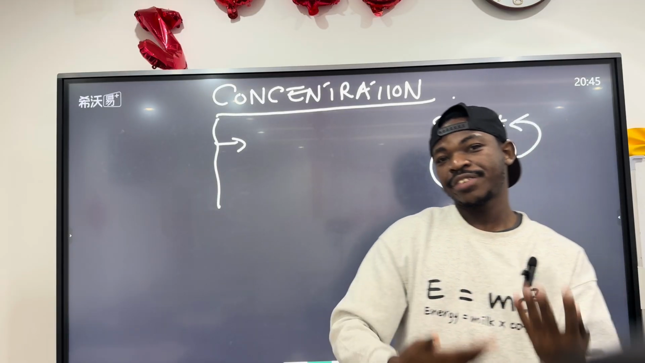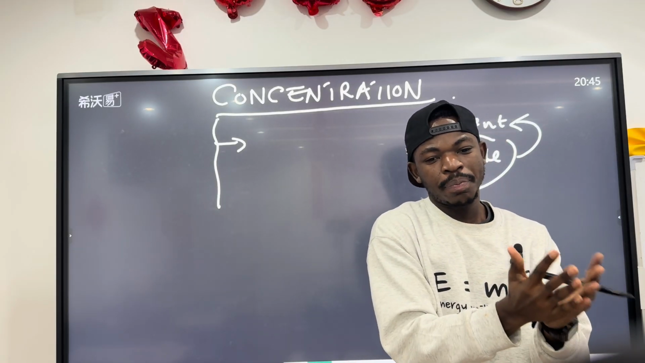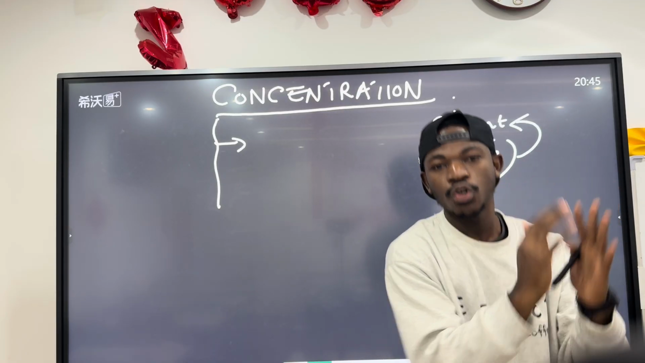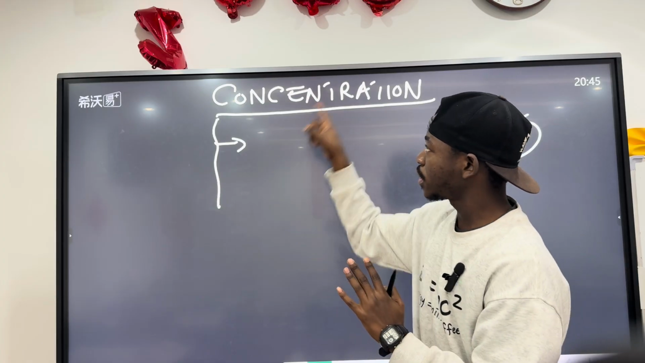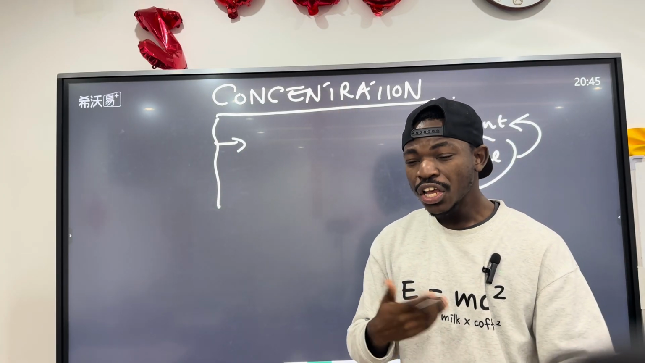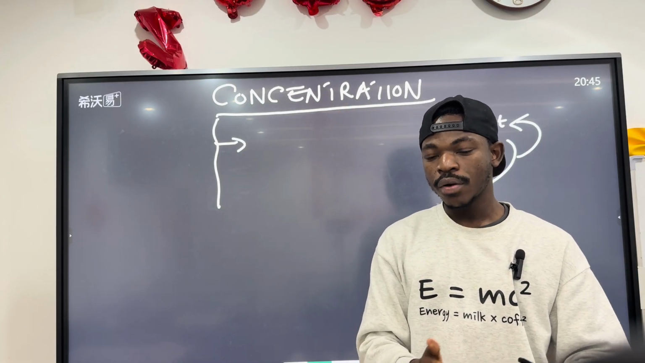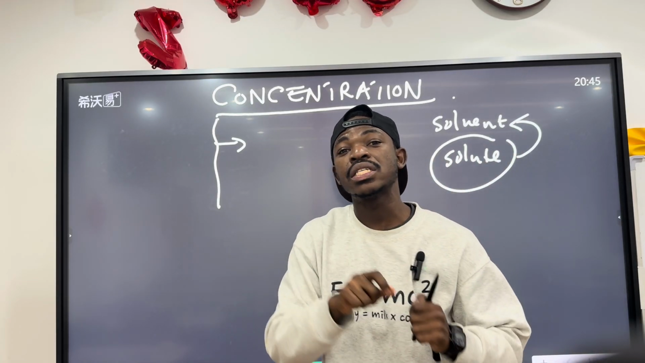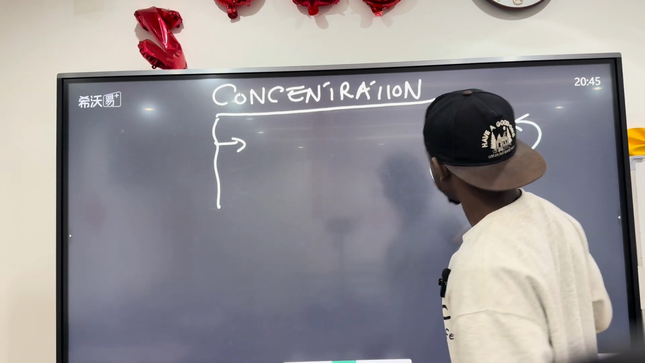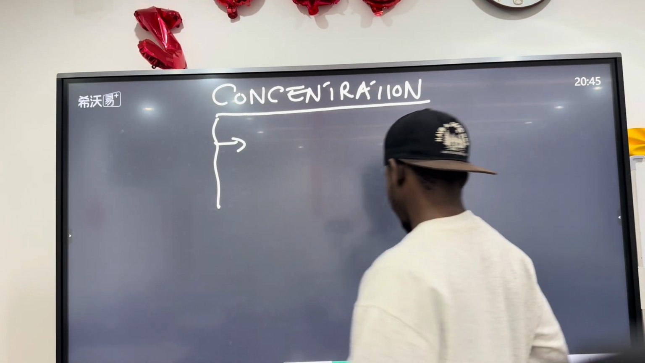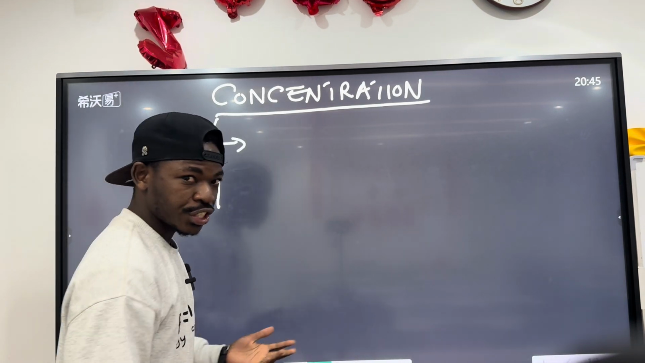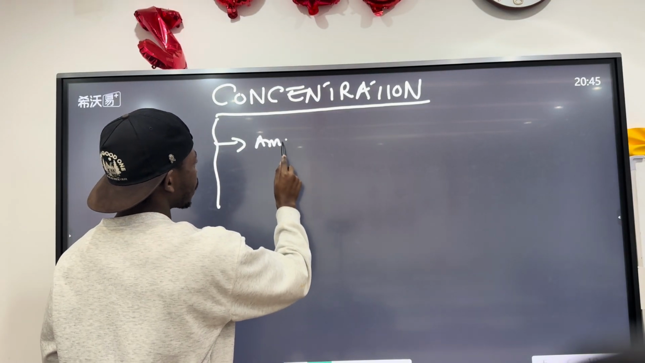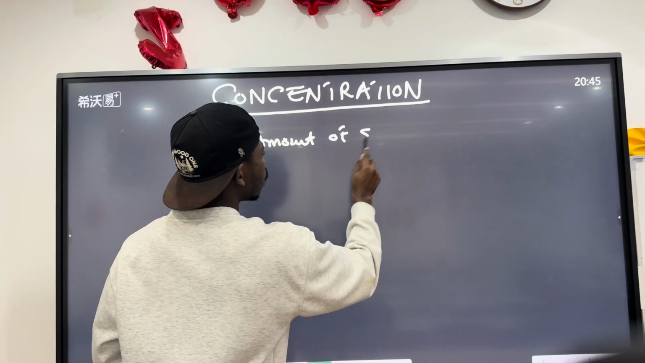Now, if we want to quantify how many solute particles have dissolved in what volume of the water, then we're talking about concentration. So every time you think of concentration, think of the number of solutes that have dissolved in a particular volume of a solvent. That is what we call concentration. So concentration is simply the number of solutes, the amount of what? Solutes